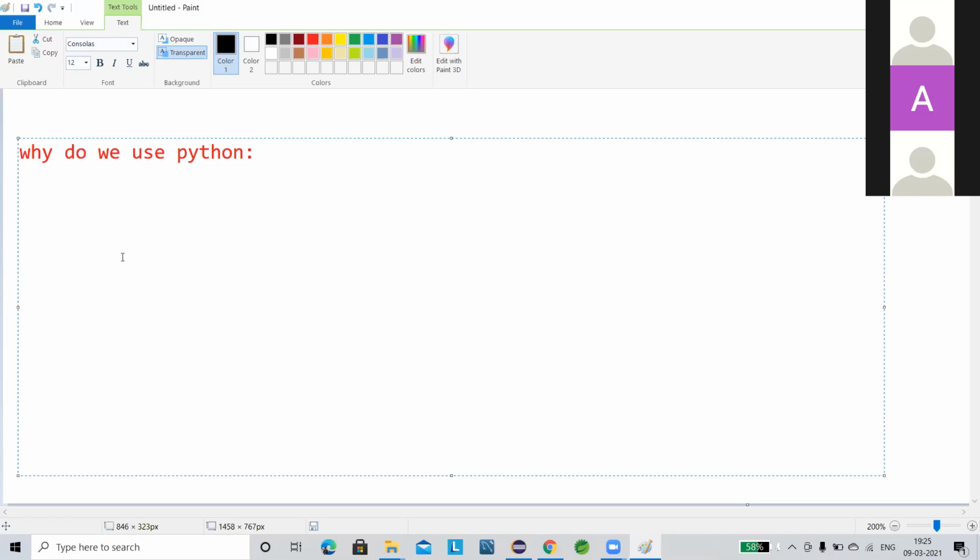There are also thousands of features in Python. That will come one by one, but I will not go into the theoretical part. We will come to the practical session, and I will show you how much it differs from the Java language. It would help you.